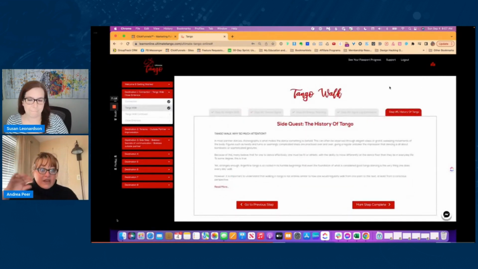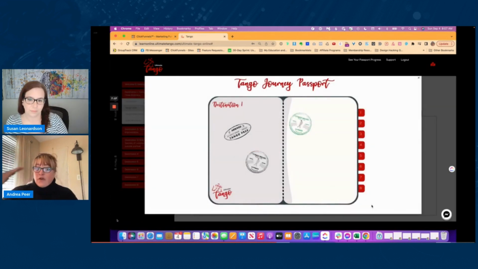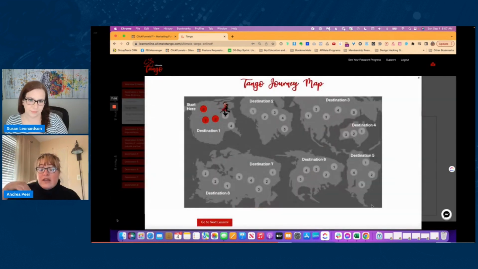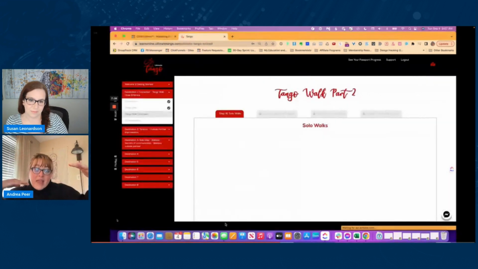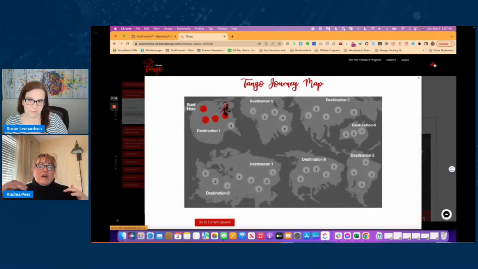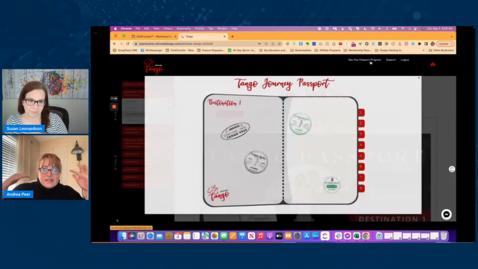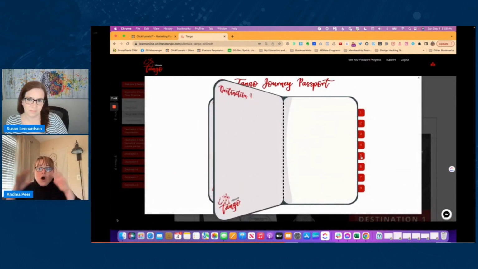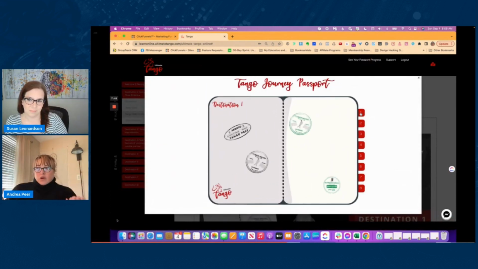So just like in Thinkific, we could see everywhere where people were landing, every button click, how far they got, what stamps they were on. Now it's integrating with Active Campaign, so we could send nurture emails. We could see, hey, it's Tango night, you're on destination 5, right? So all of this was planned and it was awesome.